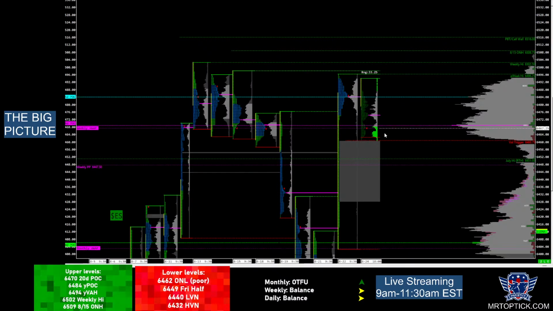Now if we get below the overnight low, I'm looking for a move down to clear the single print. I'm not looking for the whole thing to clear today because we only have a 23-point expected move. That's what options are pricing. So maybe half of this, which is where the weekly pivot is at 64.47. Maybe we test there and then come back to that 64.70, which is the 20-day point of control.